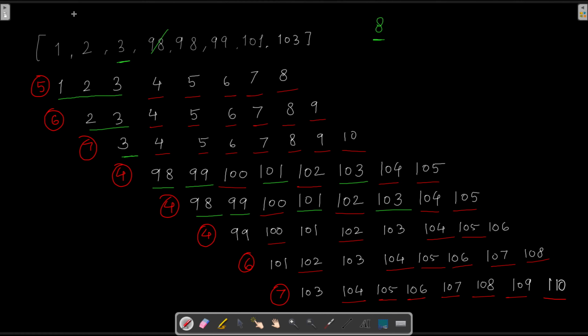So what are the possible candidates which are going to be there? 98 plus 7, that is 105. So we have to search, once we start at 98, we have to go into our sliding window as far as possible until the number is less than or equal to 105. So in this case, these four numbers are less than 105. So the size of our sliding window is going to be 4, right?